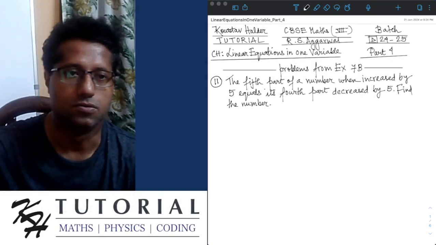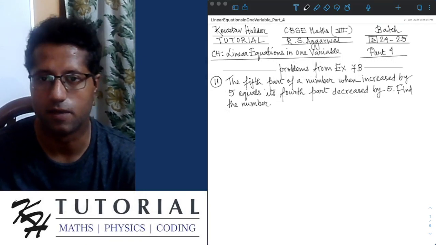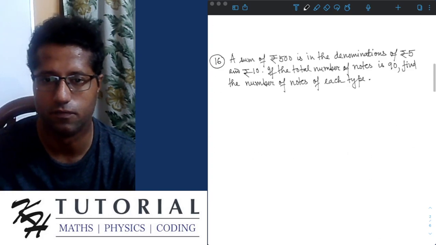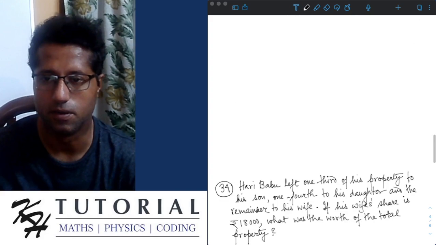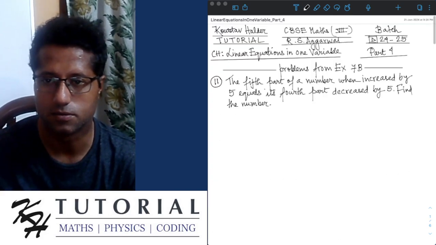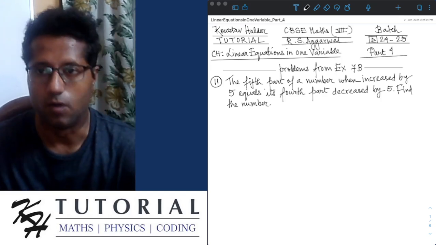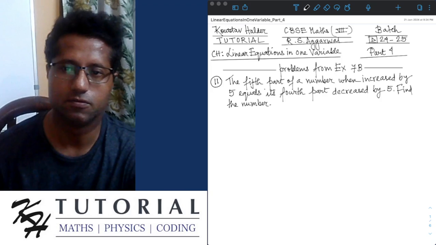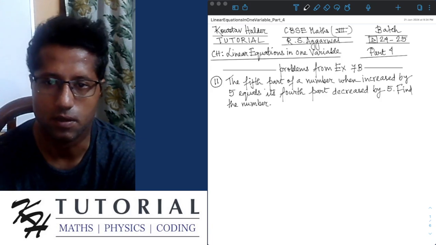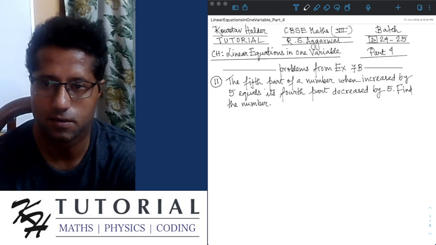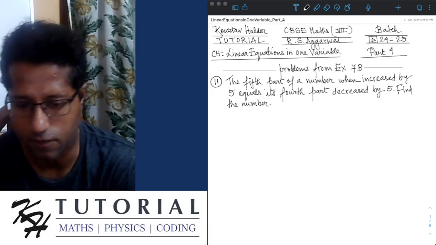Okay, so on the right hand side, on the canvas, I have written all the questions that I will solve from the exercise 7b from the textbook of author RS Aggarwal. So let's start solving the problem. Problem number 11 says the fifth part of a number when increased by 5 equals its fourth part decreased by 5. So you have to carefully read the